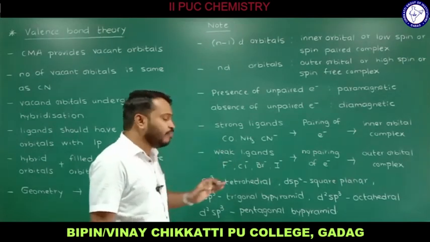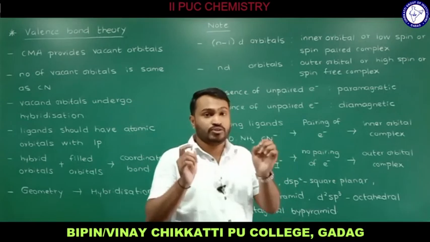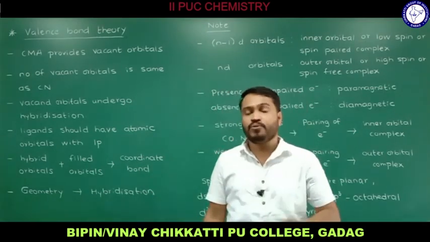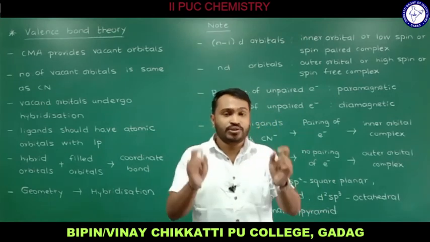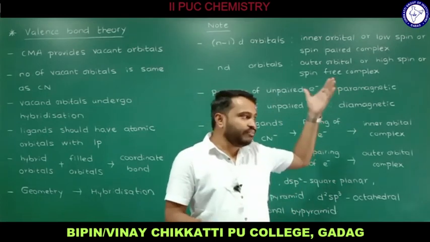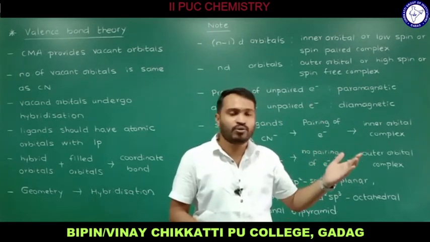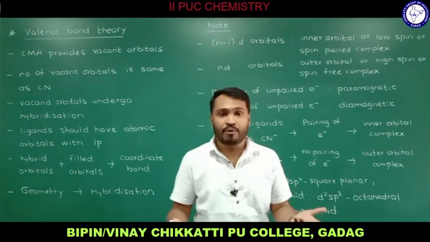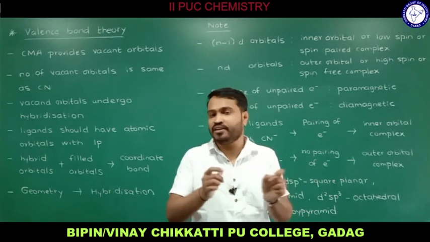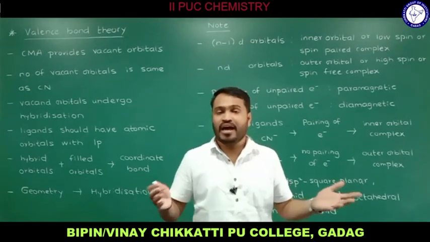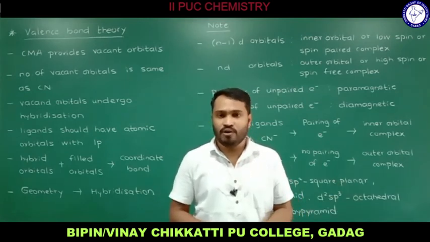Remember that the hybridization helps us know the geometry of the molecule, and that is all about the second theory of coordination compounds, valence bond theory. You need to remember the valence bond theory postulates to understand the examples better, and the very important points: which one is an outer orbital complex, inner orbital complex, strong ligand, weak ligand, magnetic property, and how hybridization predicts the geometry of the molecule. In the next session I am going to solve examples of valence bond theory in particular coordination compounds.